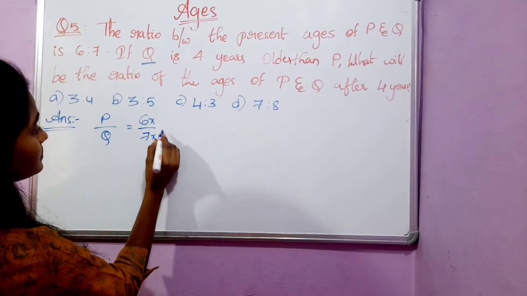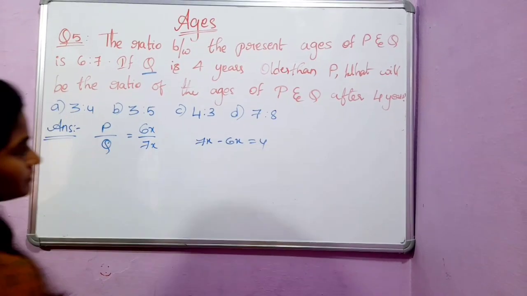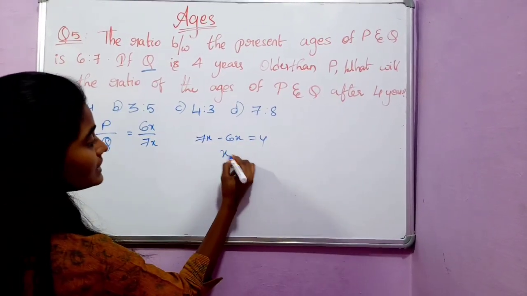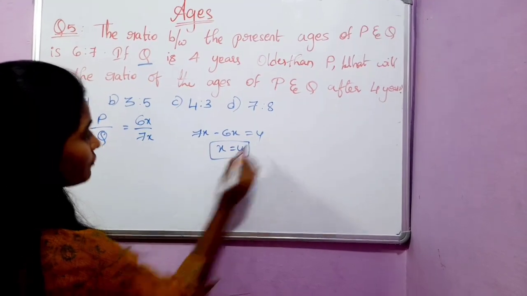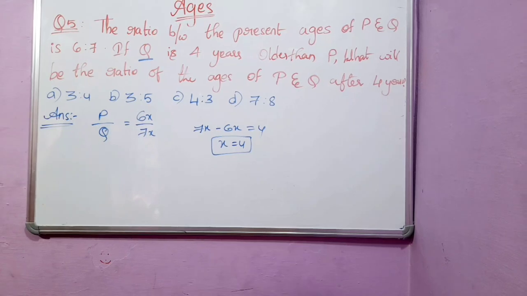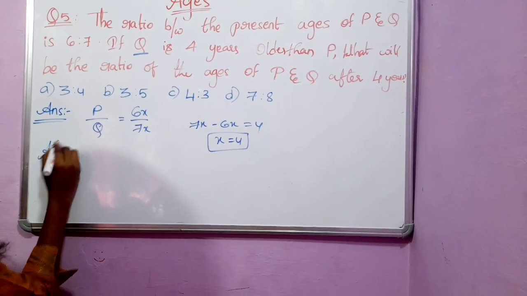In the question they have given Q is 4 years older than P. That means 7x minus 6x is equals to 4. The difference between P and Q is 4 years, right? So, x is equals to 4. We know the value of x. And now what we have to find is the ratio of the ages of P and Q after 4 years. So, after 4 years,